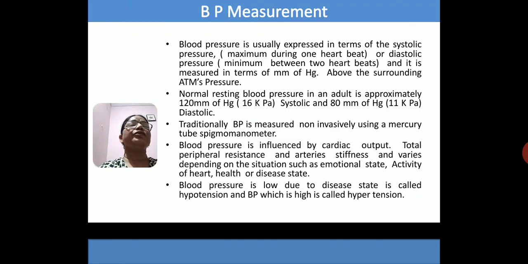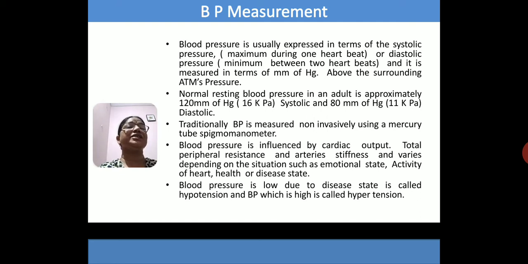Next, before knowing how BP is measured, let us know some of the information regarding blood pressure. So blood pressure is usually expressed in terms of systolic pressure and diastolic pressure. Systolic pressure is the maximum during one heartbeat and diastolic pressure is the minimum between the two heartbeats, and it is measured in terms of mm of Hg, that is the unit of blood pressure, relative to the surrounding atmospheric pressure. Normal blood pressure of an adult person will be 120 mm of Hg systolic and 80 mm